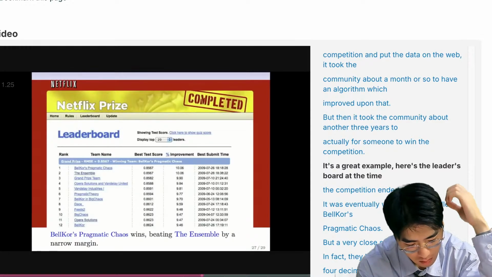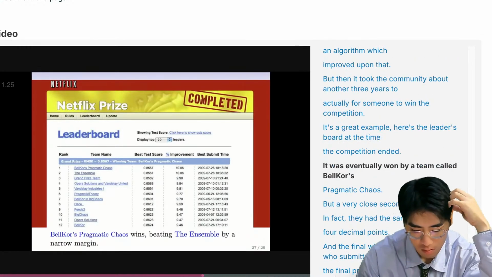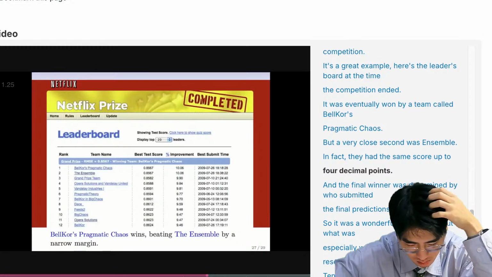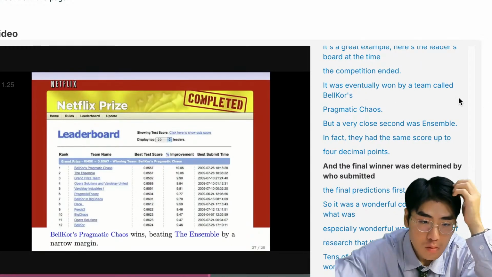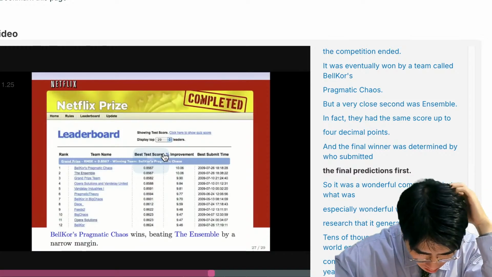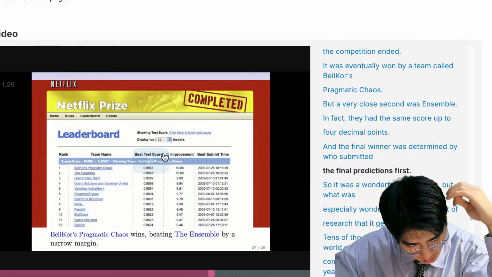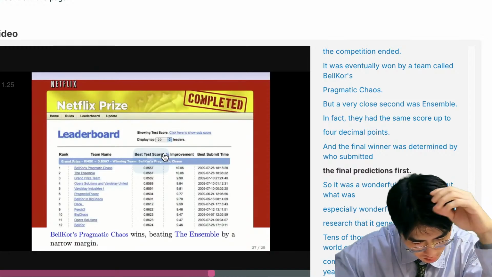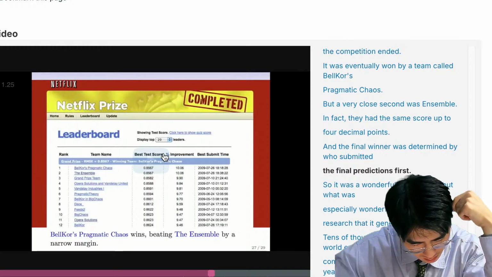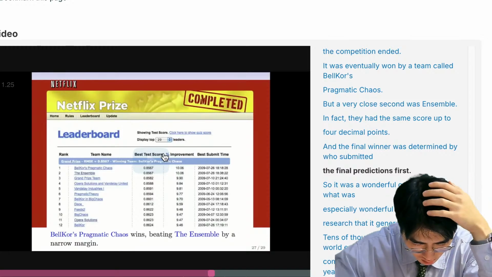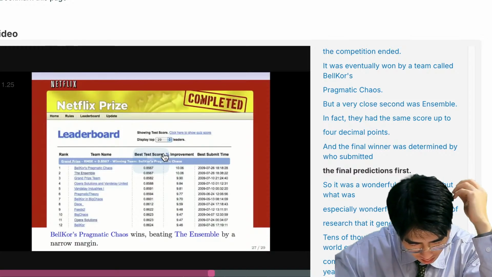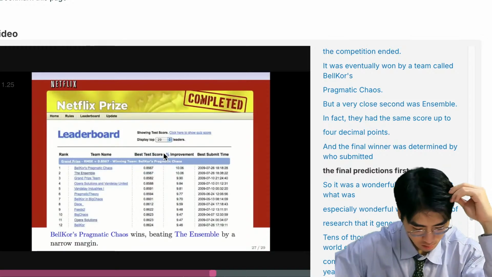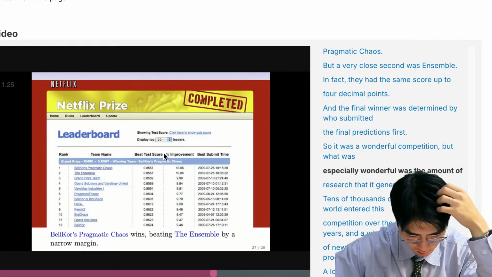Here's the leaderboard. At the time the competition ended, it was eventually won by a team called BellKor's Pragmatic Chaos. But a very close second was The Ensemble. In fact, they had the same score up to 4 decimal points, and the final winner was determined by who submitted their final predictions first. So it was a wonderful competition, but what was especially wonderful was the amount of research that it